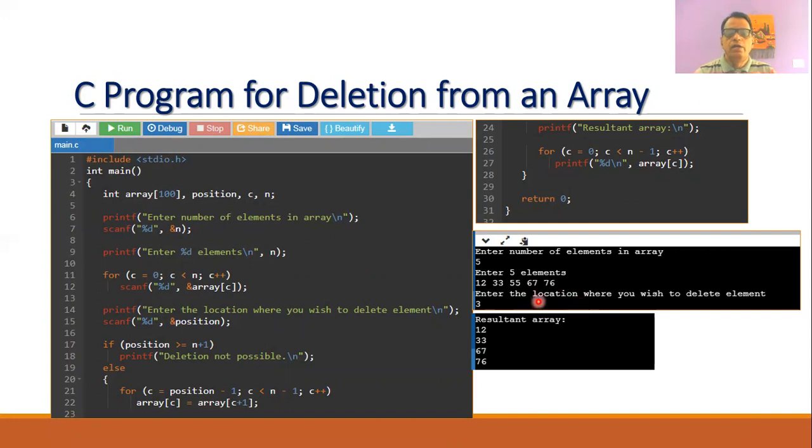Suppose I want to delete the third element, so I enter position 3. Then one can easily observe that the number 55 is deleted, and the resultant array now consists of the numbers 12, 33, 67, and 76 only. That is, there are only 4 elements in the array now.